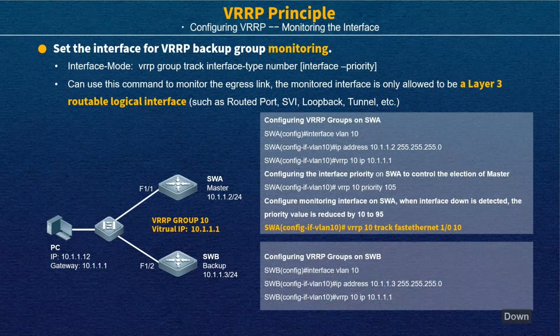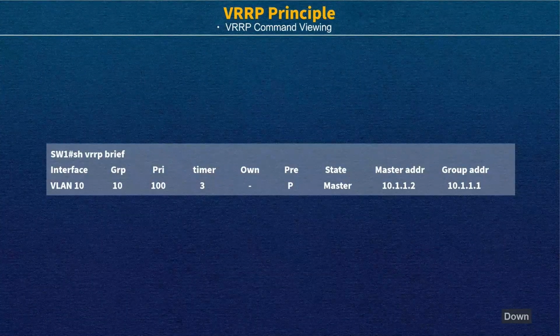And about switch B, only keeping the original configuration is enough. We don't need to add any configuration. After we finish the configuration of the VIP, then you can use the PC to ping some external internet, like to visit some internet. And you also can use some command to show